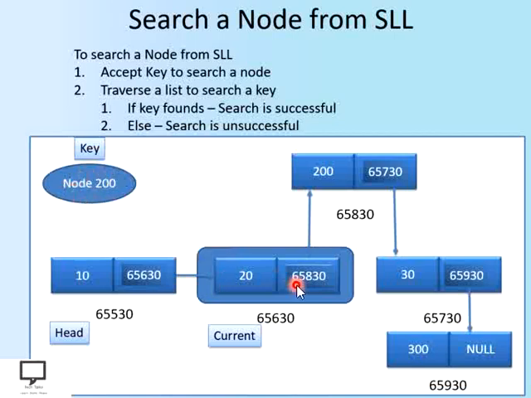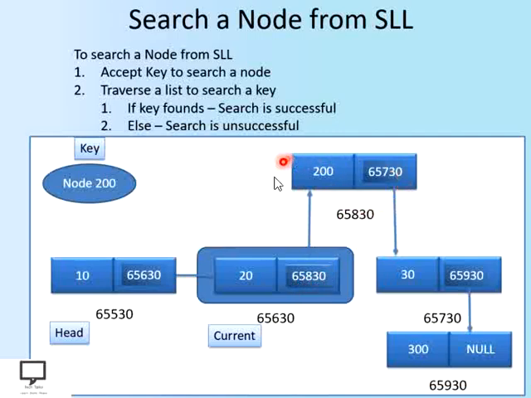They are not equal. What does it mean? It means that currently this node is not equal to our search key value. So do we need to go forward? Yes, we are supposed to go forward by moving to the next of current, that is, current equals next of current. It means I have to move to the next node with the help of its next part, or reference to the next node.